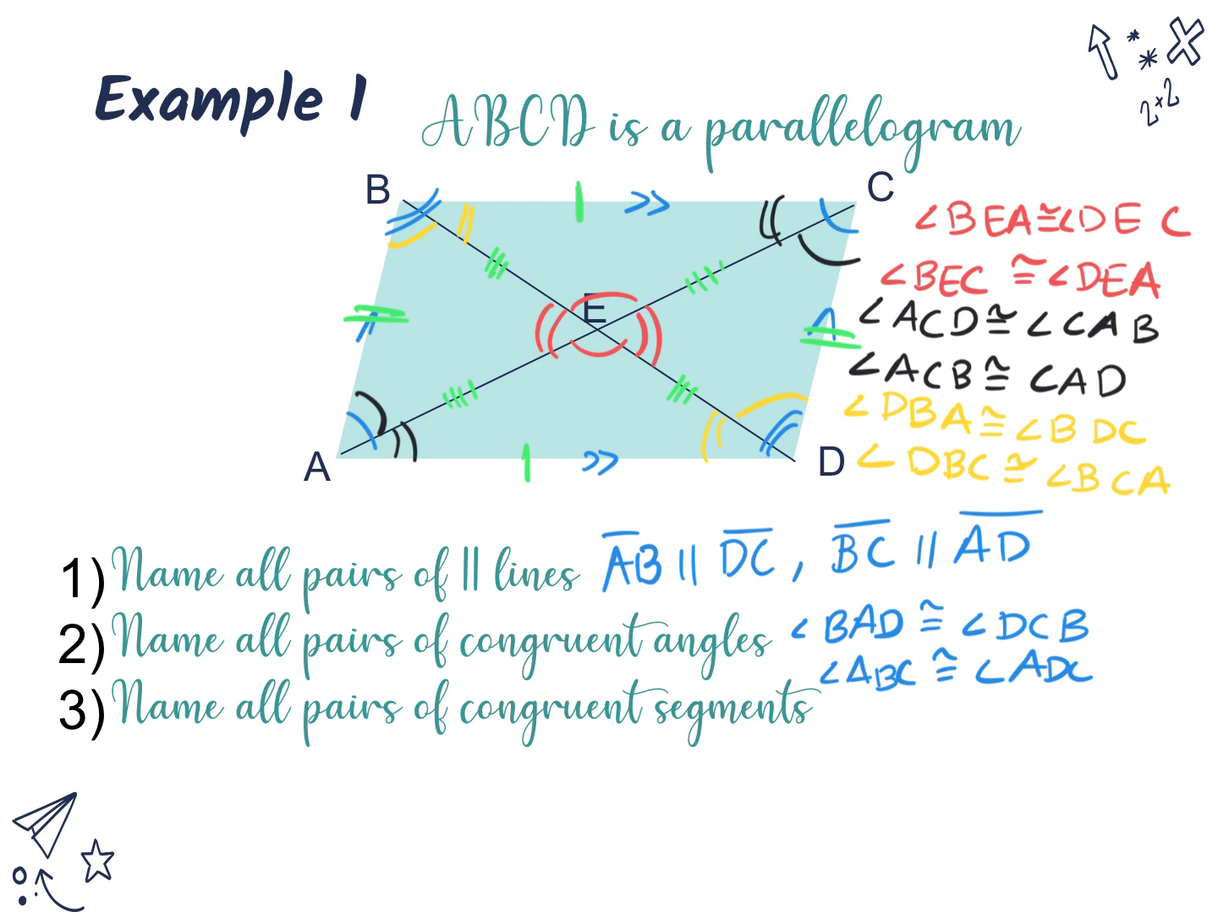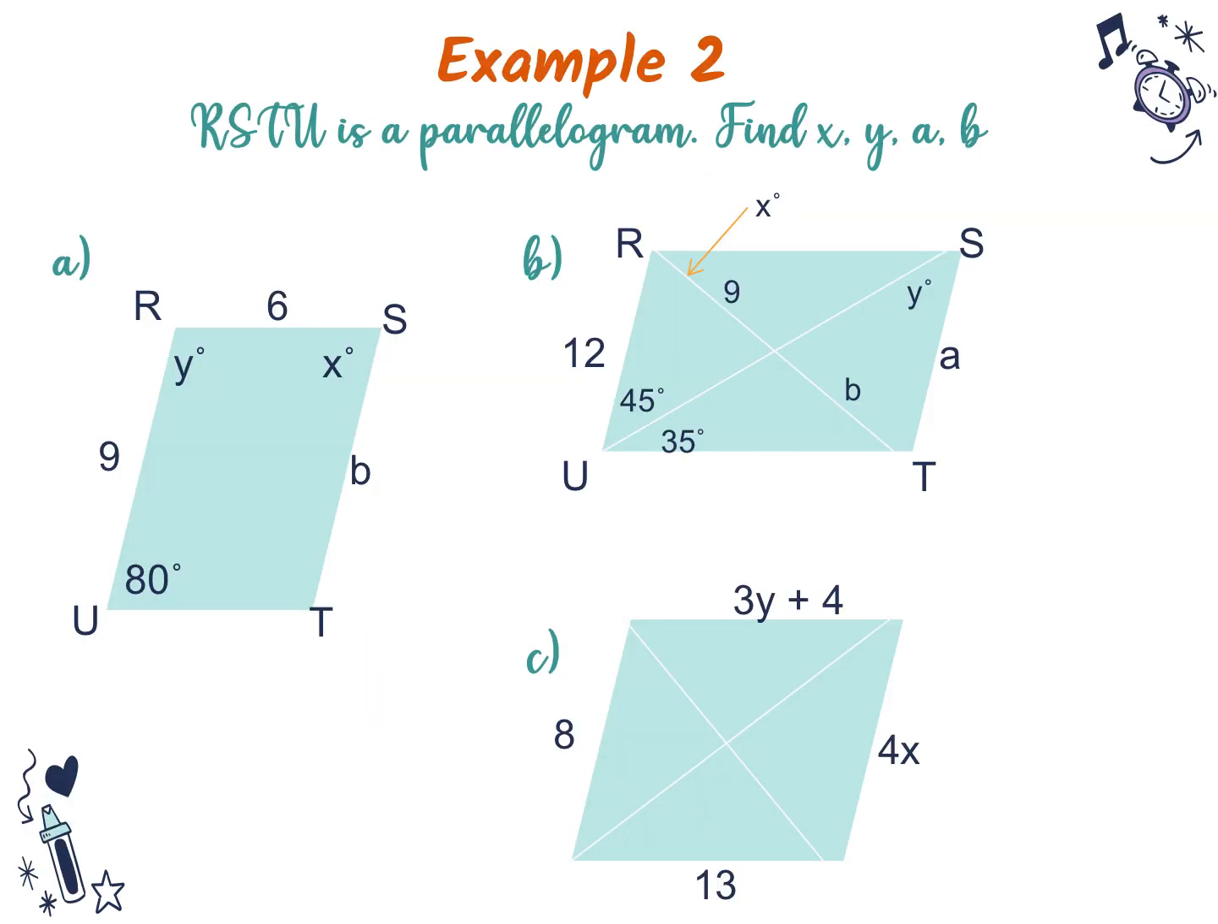So we have, I'm going to start with BC, I guess. BC is congruent to AD. We have AB, which is congruent to CD. We also have the diagonal segments, which are BE congruent to ED, and we also have AE is congruent to EC. All right, so now we have example 2, which is RSTU is a parallelogram, and they want us to